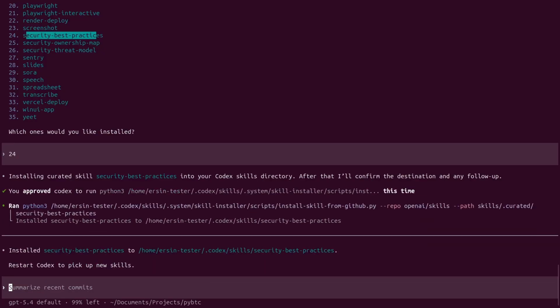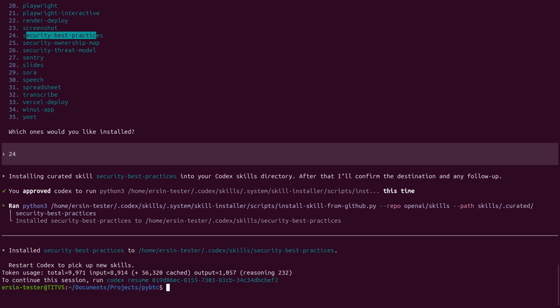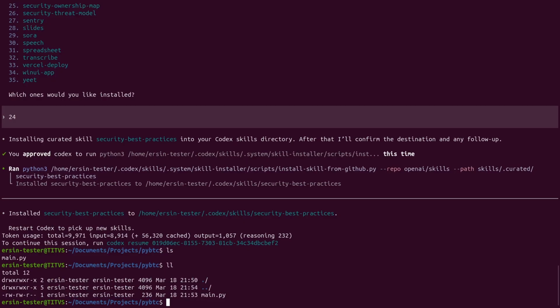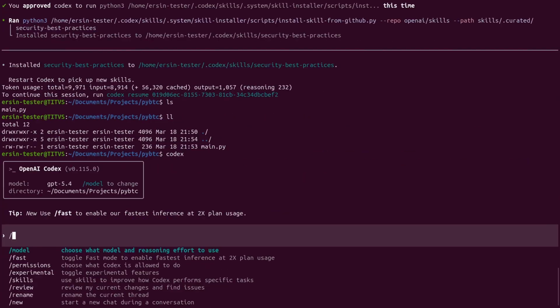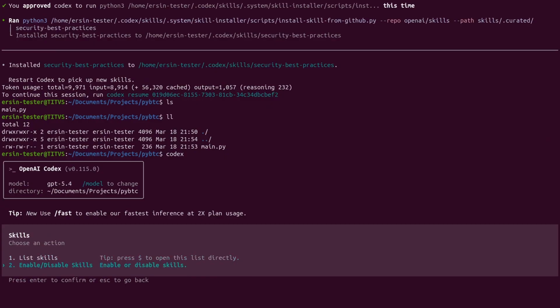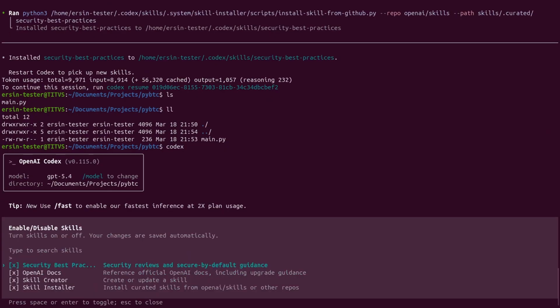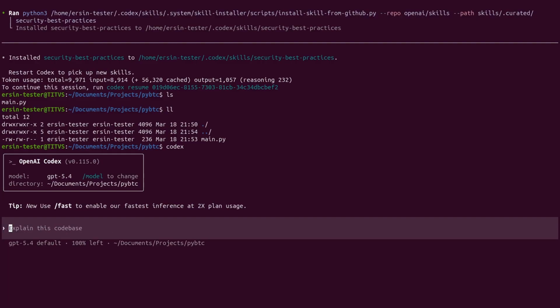It's retrieving the skill MD, but it's installed under the .codex skills security best practices, directly installed in the codex folder, not the current project folder. And we can enable and disable them from skills menu.